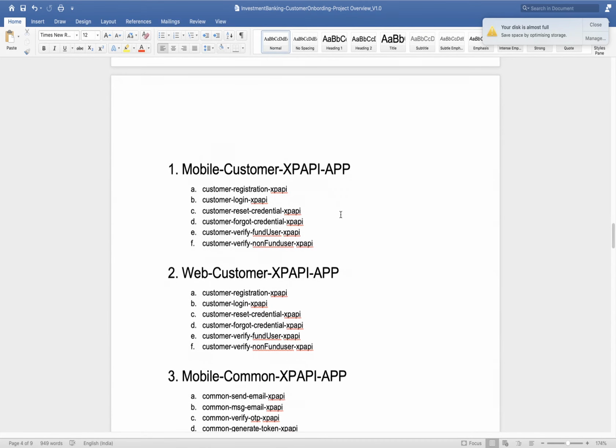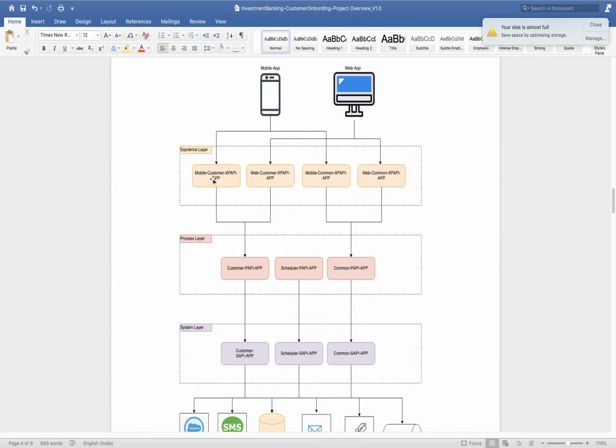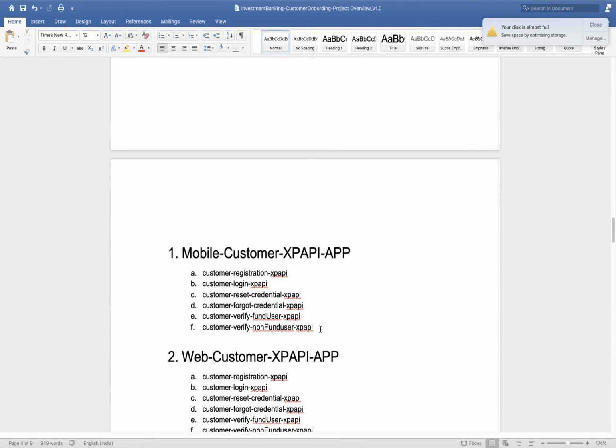Now these are all the set of APIs we are going to develop. Here you can see this particular application, this is our Mule application. This Mule application will contain this many APIs or resources. There will be customer registration XP API, customer login XP API, customer reset credential XP API.